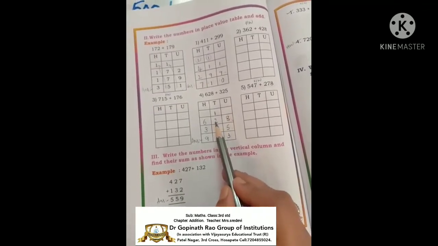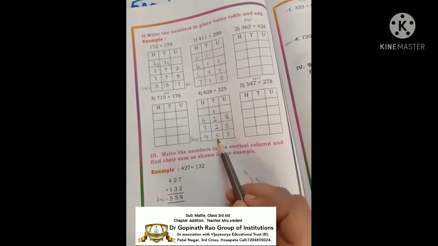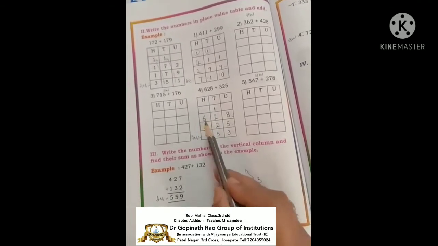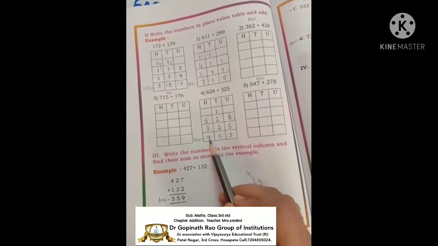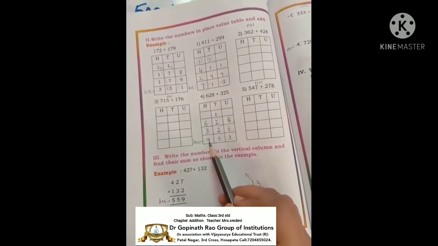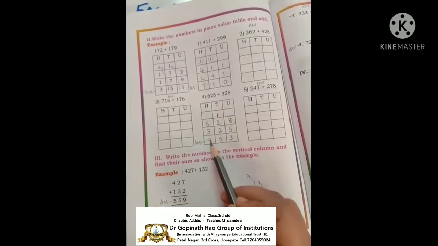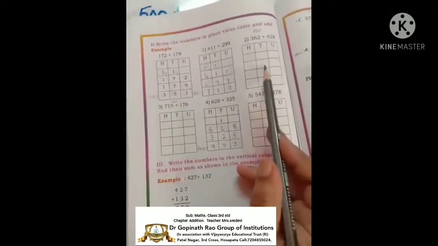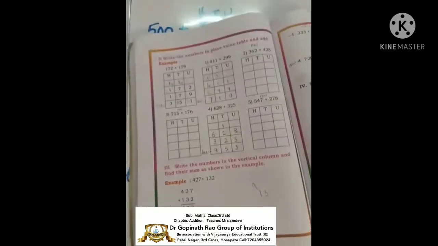Okay, next 1. 1 plus 2 is 3. 3 plus 2 is 5. So here 5. 6 plus 3 is 9. 6 in a mind, 3 on finger, after 6, 7, 8, 9. Okay, so this 2, 3, 5 is the homework.